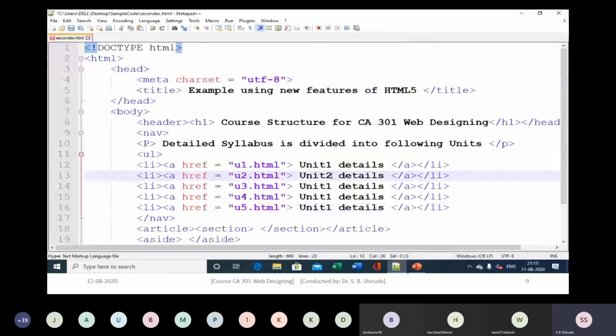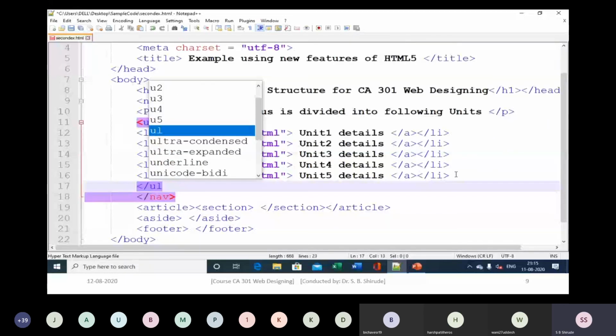So unit 1, unit 2, unit 3, unit 4, and unit 5. This completes the list of li tags. And then after that, close the UL, the unordered list.